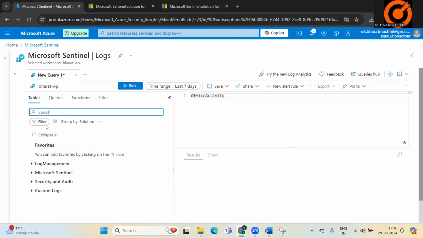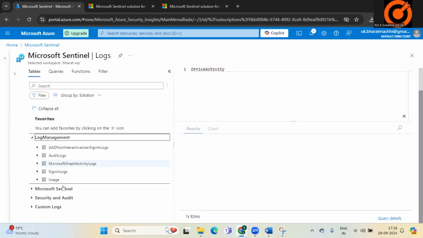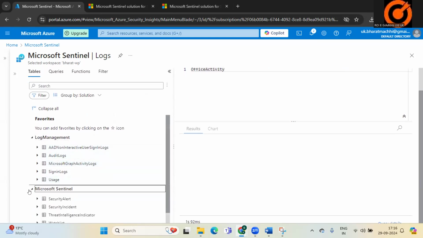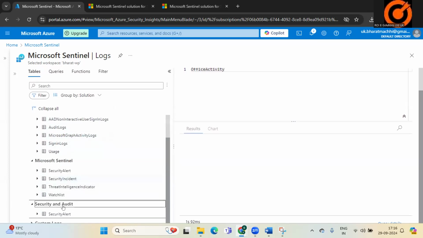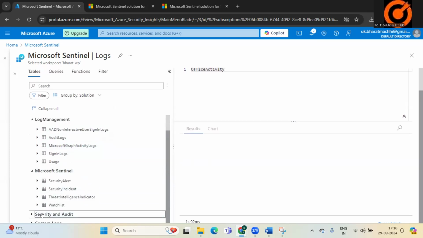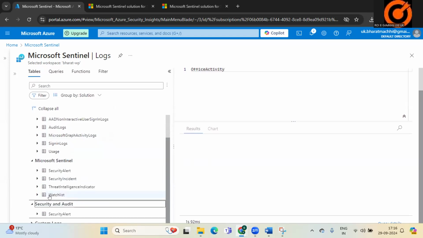Okay, just tables, log management, right? Log management contains these tables. Sentinel contains these tables, right? Search and active audit contains these tables, right? Custom,